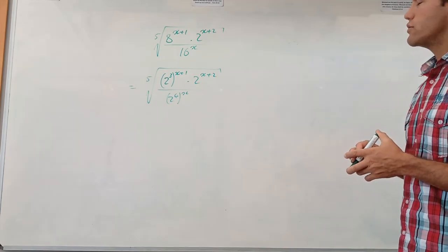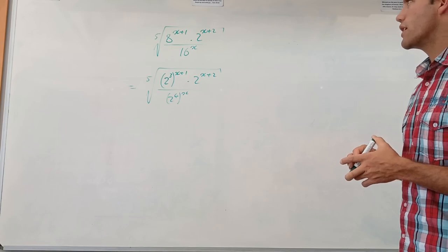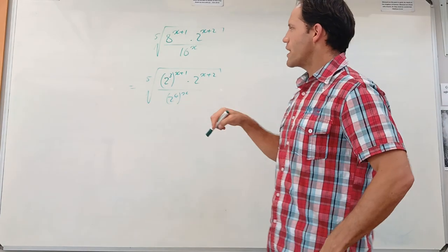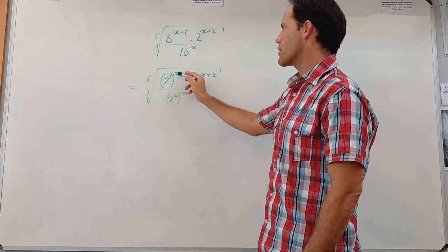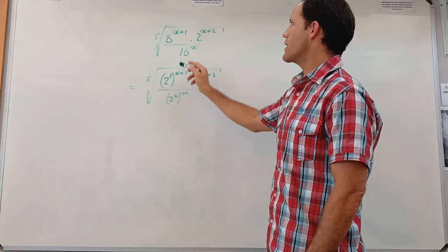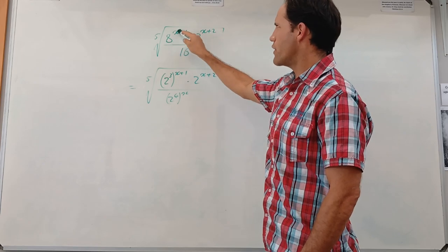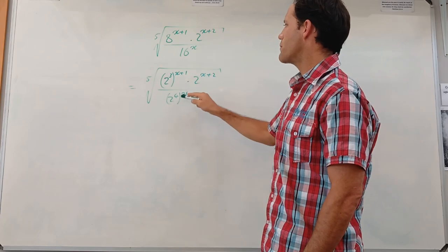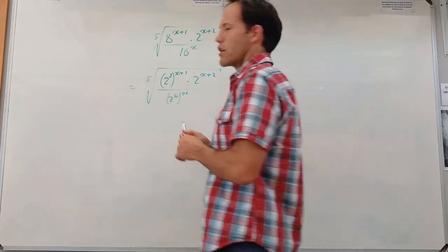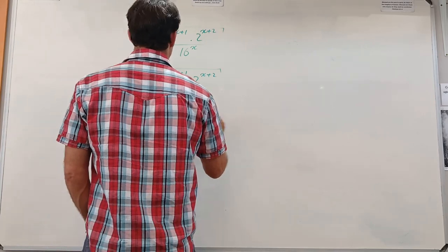Okay, if you want to save time, it's fine. If you do 2 steps in one by saying this becomes 3, 2 to the power 3, and I'm going to multiply the 3 in also. You can do that. If you can see in your mind this is going to be 2 to the power 3, so the 3 can be multiplied by both, and 2 to the power 4, the 4 is multiplied by the x, then you can skip that step and go straight to the next step. Okay? If you've got confidence in doing it.